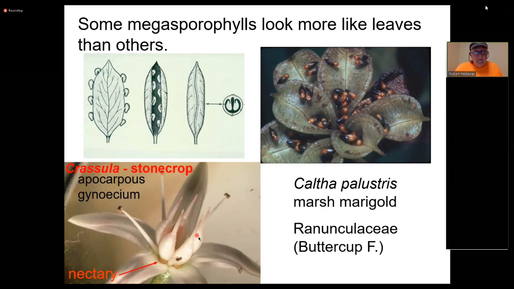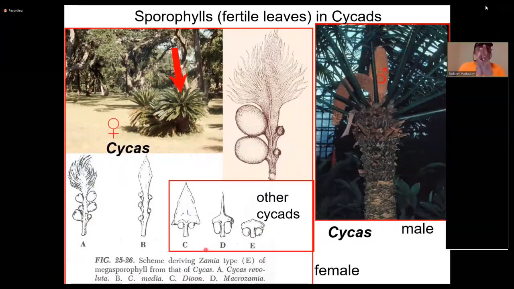Down here at the bottom, we have a member of the stonecrop family, Crassula, that shows a whorl of carpels that are configured in a whorl of stamens, a whorl of sepals, or petals and sepals, and actually an accessory structure here called a nectary that's not always there. Okay. Now, one of my favorite slides